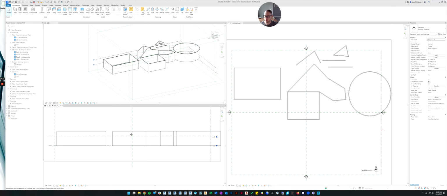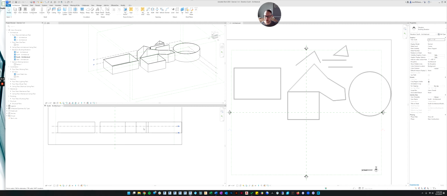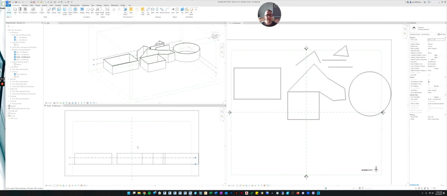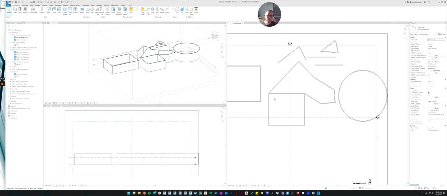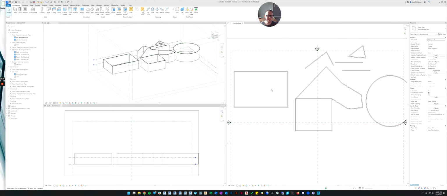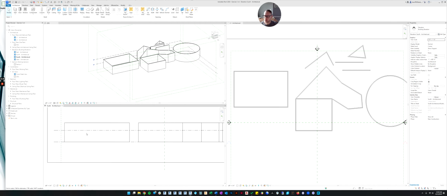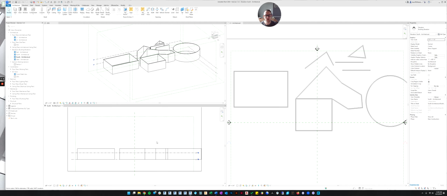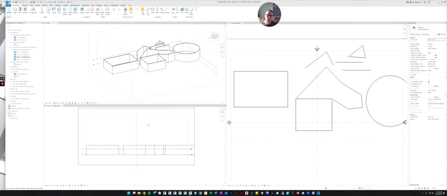And then if you look over in our elevation, you can see all the walls are forming. So this is to highlight one big advantage about modeling in 3D. If you were doing this in AutoCAD, all you would be doing in floor plan is creating lines. So if you wanted to draw a floor plan, you draw the whole floor plan, and then you would have to go to the elevation, and there would be nothing there for you to start with. You'd have to draw from scratch the whole front elevation of the house, right?